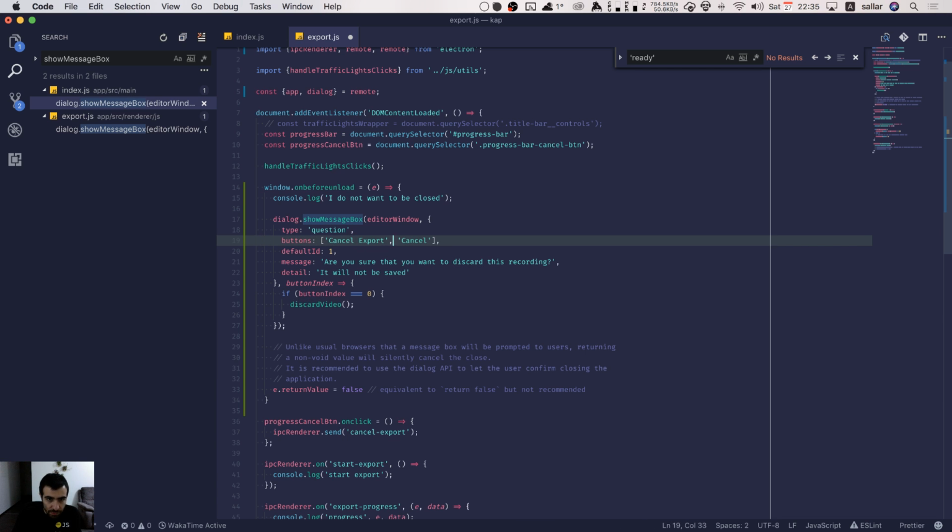Cancel export. Continue. Continue. Are you sure you want to discard? Are you sure you want to cancel the export? Cancel exporting. Detail: it will not be saved. That's good. If button index is 0, then e dot return value